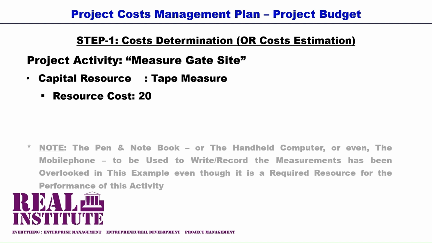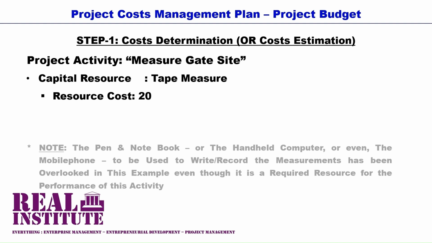All resources, whether they are sourced from external suppliers or from within the performing organization, need to be costed commensurably to their usage in the project. So the tape measure is also costed for its usage in the project, even though it belongs to steelworks manufacturing. Even the project manager's time spent in the project is costed and included in the final project budget.